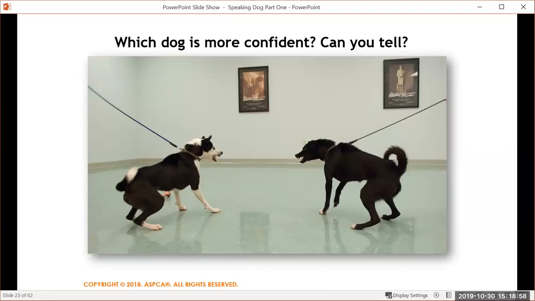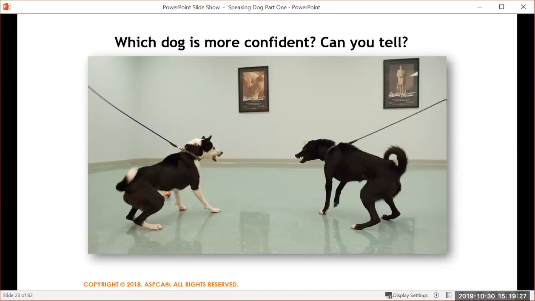Certainly they're both gazing directly at each other. Both have forward weight distribution. And I'm seeing a lot of mixed responses. I think this is interesting. They're clearly both showing their teeth. Neither one looks very pleased. But if I had to put my money on one, I'd put it on the dog on the left. And it looks like a lot of people are saying left.